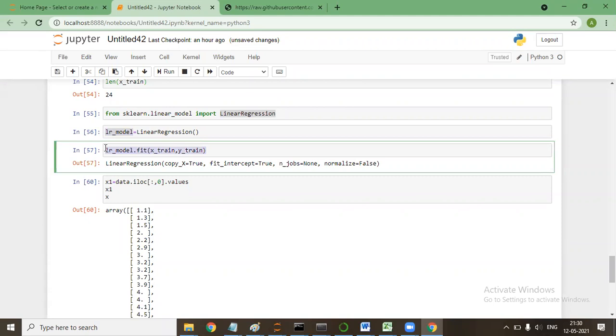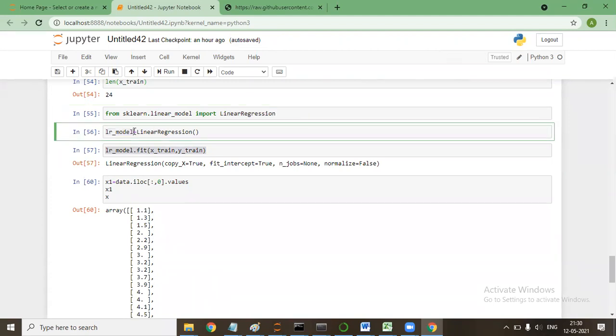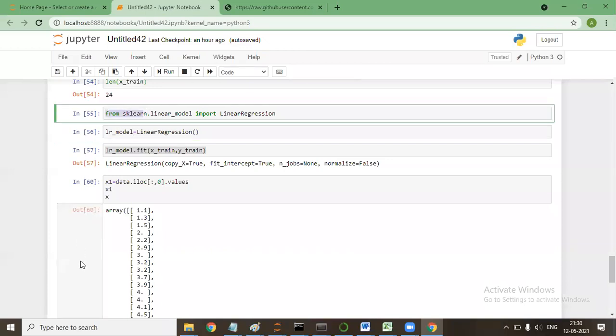Why can't we write it like how we write import pandas as pd? Can't we write LR_model equal to LinearRegression, as in import LinearRegression as LR_model? Wouldn't that work, import sklearn.linear_regression? So here I am saying from sklearn. Okay, so the thing is, let's go here.